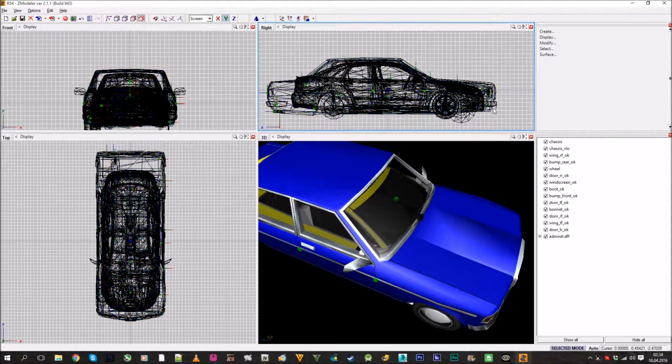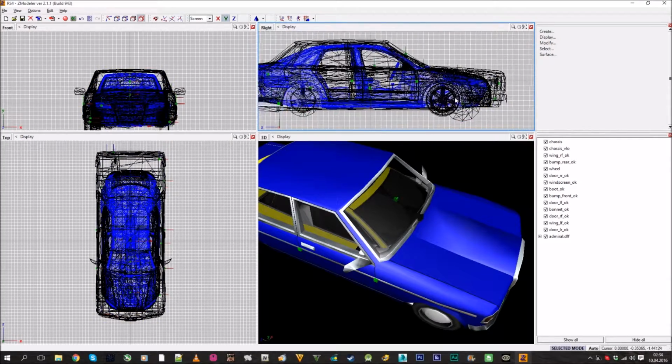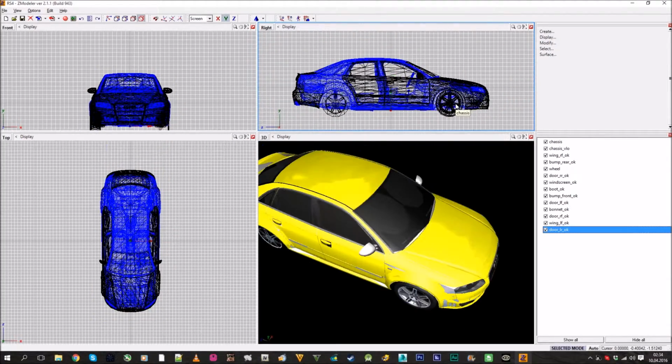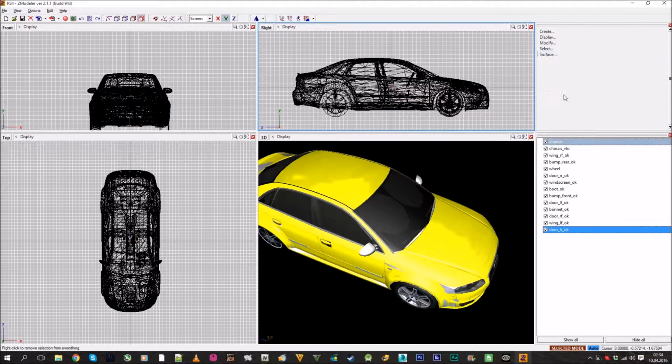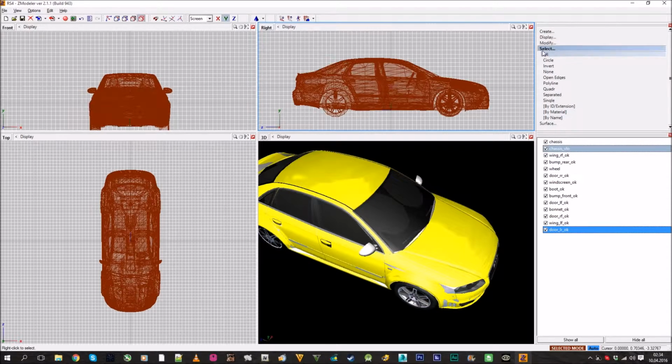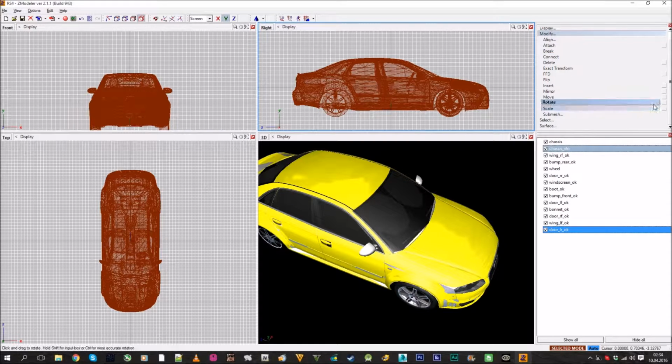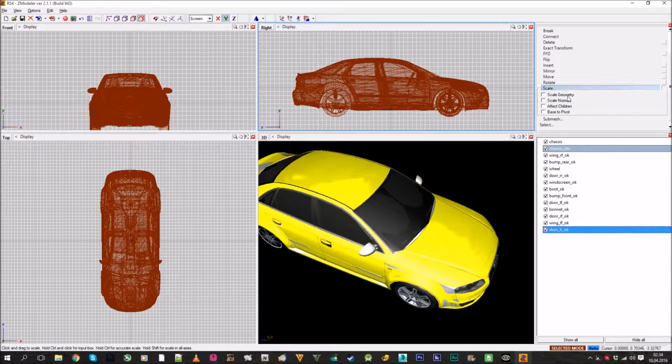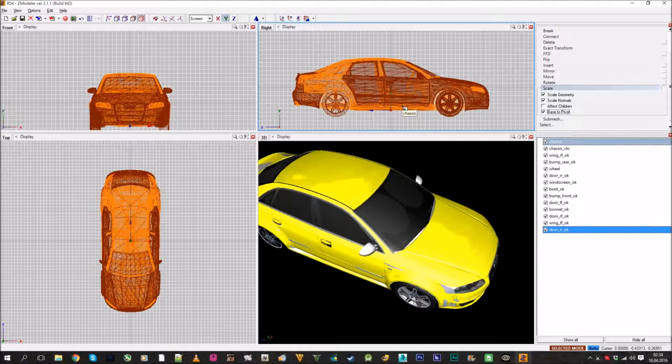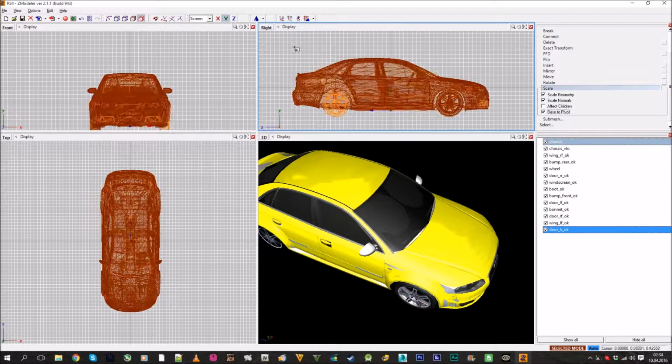Let's scale two squares higher. Control Z, no. And again select all, modify scale, be sure you select scale geometry and scale normals. You can also click base to pivot so it scales from this point, and then again hold shift, let's enable this,